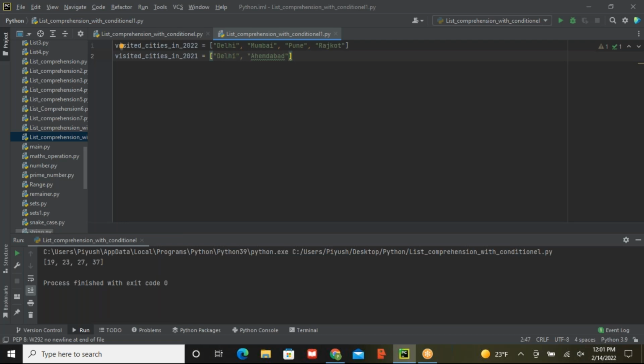Put more. Put Bangalore. You can put Mysore. I am going to put two new cities too. It's okay. Next line, we're going to say